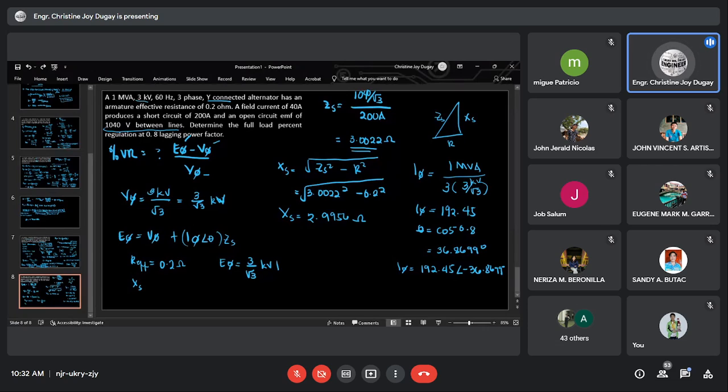And then, plus natin yung current, which is 192.45 angle of negative 36.8699, times sa ZS natin, which is composition of 0.2 plus j 2.9956. And then, mahanap nyo na yung value ni E-phase natin. So, what is now the value of E-phase? E-phase natin ngayon is equal to